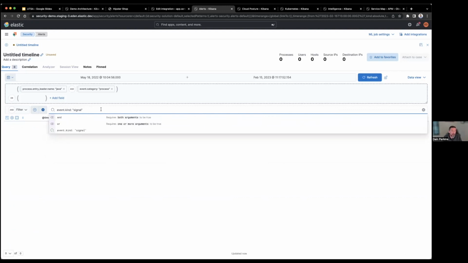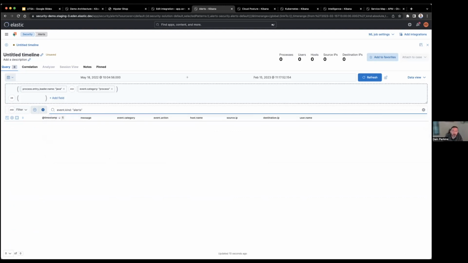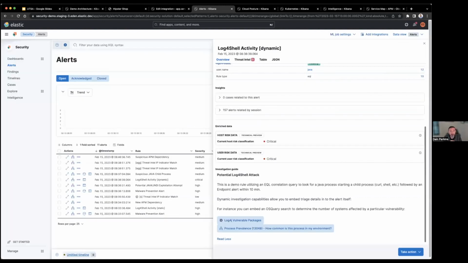So that's a good sign. I don't have anything for this particular Java process. I can also check alerts, which might also include external alerts, and I can investigate however I want from this live timeline to get down to exactly what's going on.